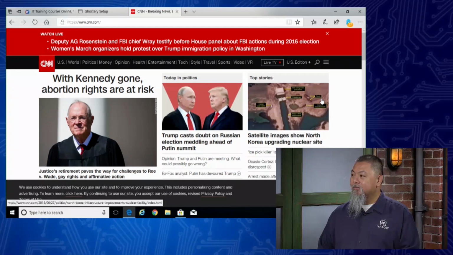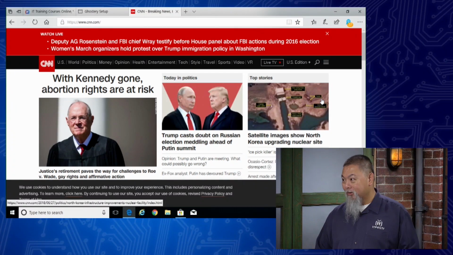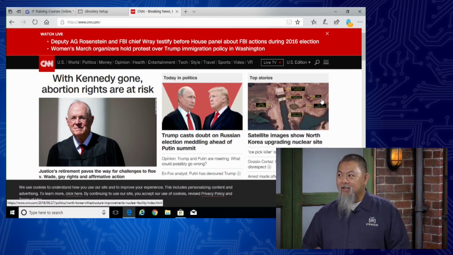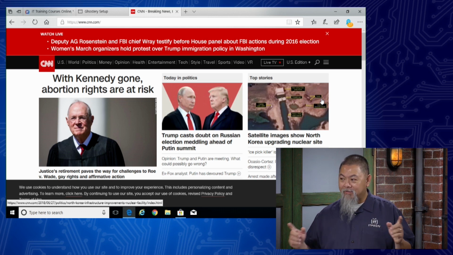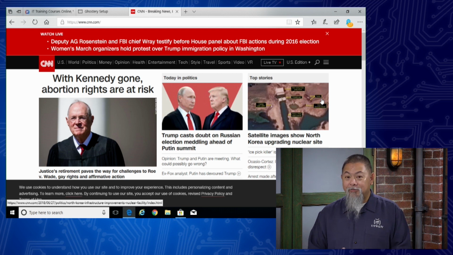Now, there is a chance of add-on or extension overload, though, where somebody goes, I need this for this, I need this for this, and all of a sudden you have like 15 or 20 different icons up there where you don't know exactly what they're all doing. You think they're all doing the same thing. But at the same time, that can start to slow down all of your browsing, because it has to go and check through all those different ones that are on. So it's actually helpful as long as you pick the ones that you really need. Not helpful if you go, I'm just going to throw everything at it that I can think of underneath the sun.